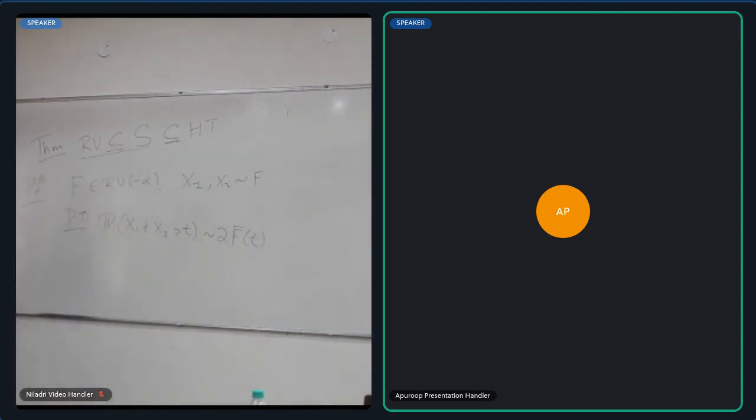Okay. Once I prove this, that's really the defining property of the sub-exponential. Now, the way in which these kind of asymptotic equivalences are proved is oftentimes by proving a lower bound and an upper bound. So you come up with a lower bound on this, which asymptotically matches the right hand side. You come up with an upper bound on this, which asymptotically matches the right hand side. Sandwich. So let me first go through the lower bound.